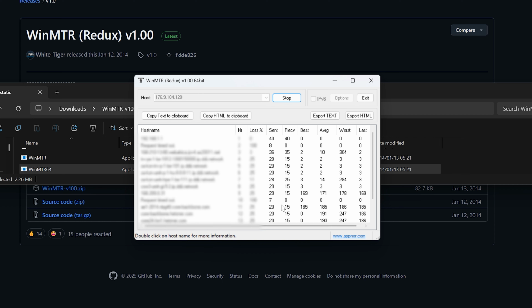Right, obviously I live very far away from the server, so my ping is not great, and my ISP is not the best either, but you can see the sent column over here, and as it goes up, this is how many packets have been sent. Generally what we suggest is you let it run for 1 to 2 minutes, just so it gets to at least 100 sent packets. And then you can export it as text or as HTML, or just copy it to clipboard